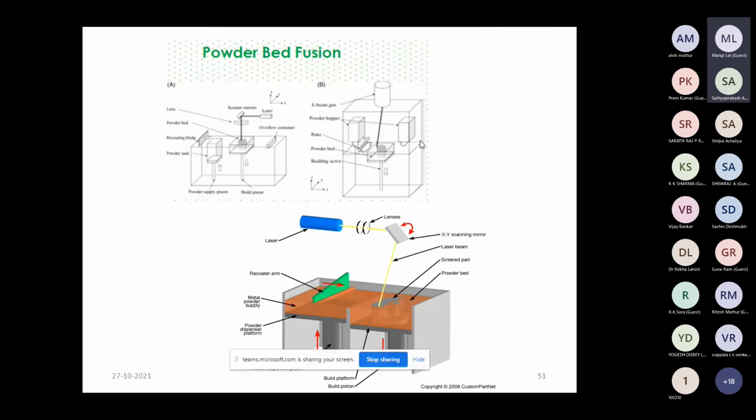The main advantage of this second, powder hopper technique is that we can use more than one different powder in different hoppers. In the first technique we can use only a single powder, but that technique is more effective than the powder hopper technique. So this is direct metal laser sintering.